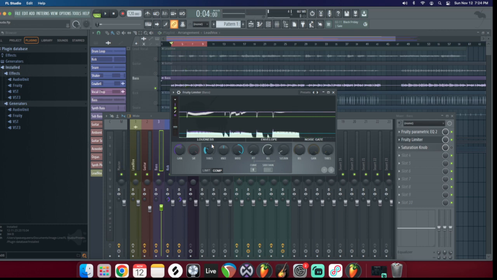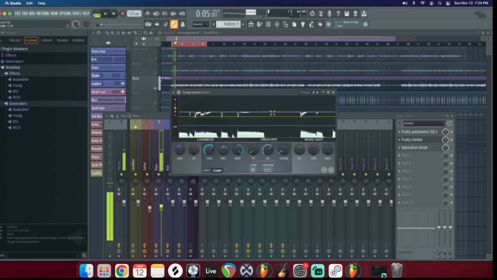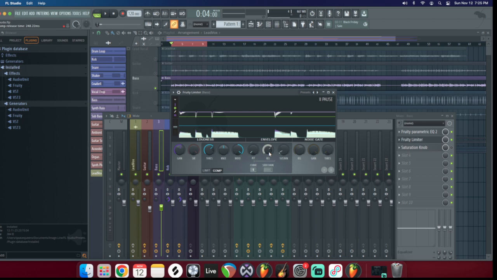This is a very simple example, I guess. But okay, so do you see these peaks right here? See how this peak is kind of higher than the rest of the things? We kind of want to make everything leveled out. And what this does is it pretty much just allows,